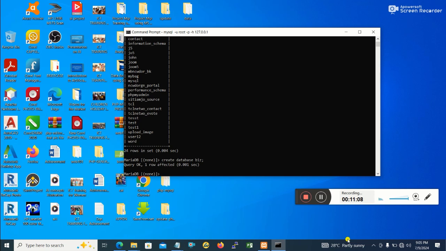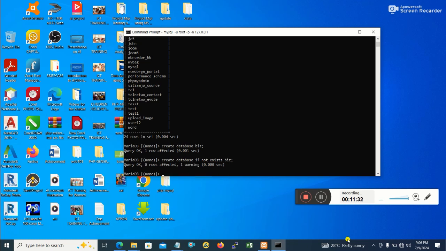But I can recall the last command that I used by pressing on my up arrow. So I have create database Bix. Then watch this again. I'm going to put in that conditional statement that I used, if not exists. Because Bix is already created and is in existence, if I tell you to create this if it does not exist, the system will tell me that